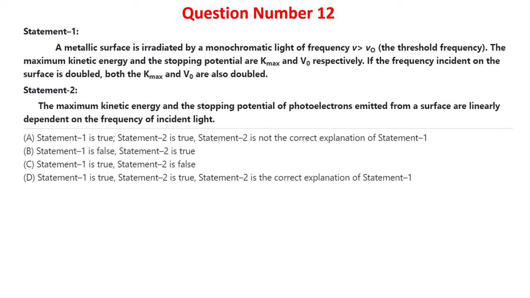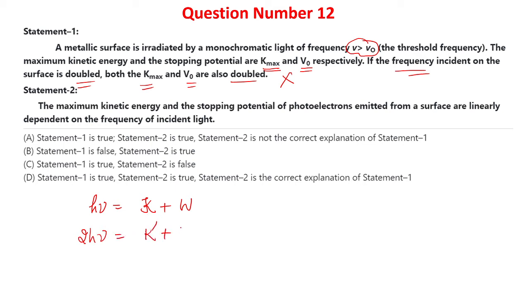Question number 12. A metallic surface is irradiated by light of frequency nu, which is greater than threshold frequency. Maximum kinetic energy was given and stopping potential was V naught. If frequency is doubled, both K max and V naught are doubled. This is a wrong statement. Let me prove. If frequency is nu, then kinetic energy is K and work function is W. If frequency is made 2 times, 2h nu,